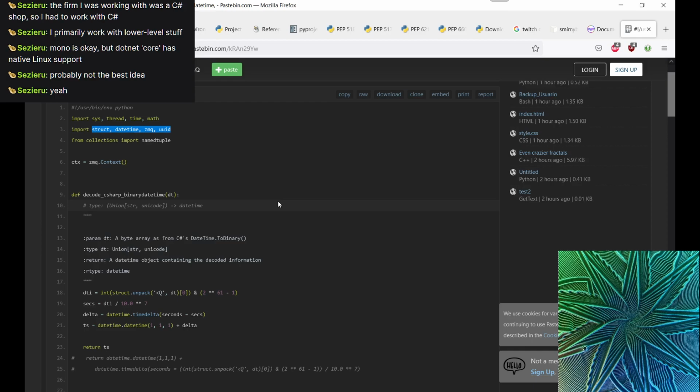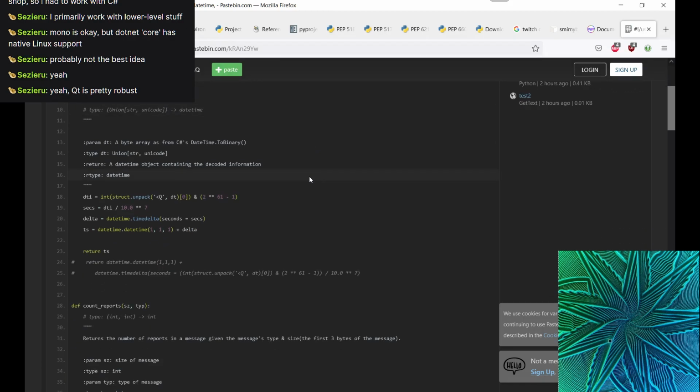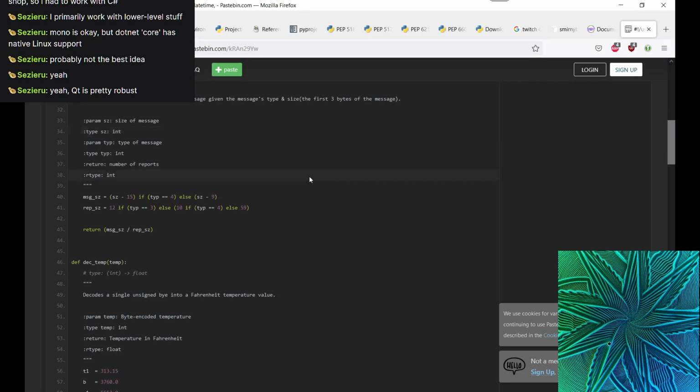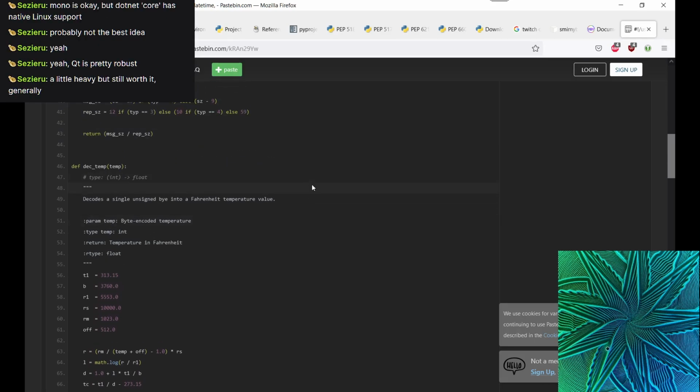PyQt or PySide is in really good shape, so you can really easily write GUI interfaces with Python. And Java GUIs are horrible, I still don't like those at all. But then again, I don't have to write GUI code today, so it doesn't really matter much.